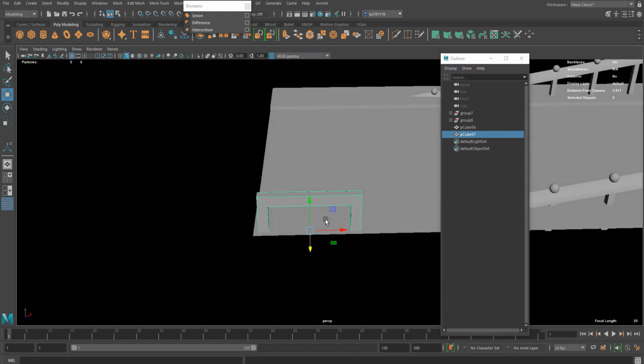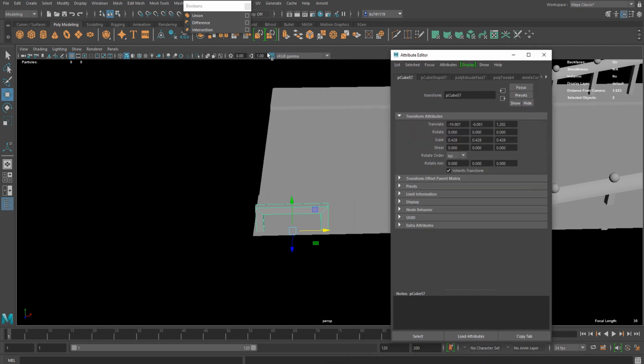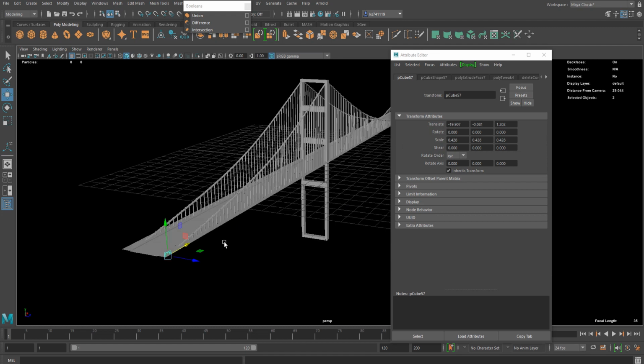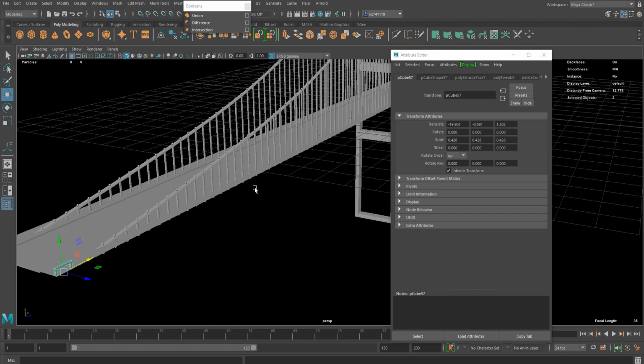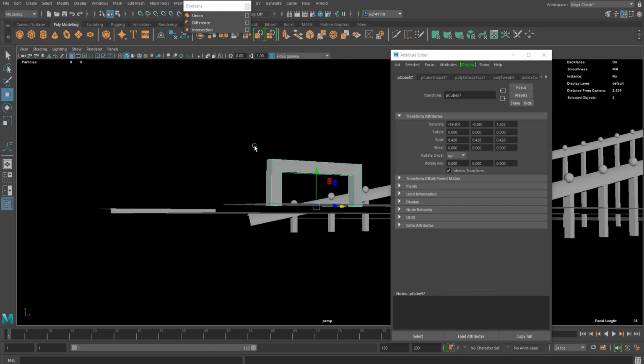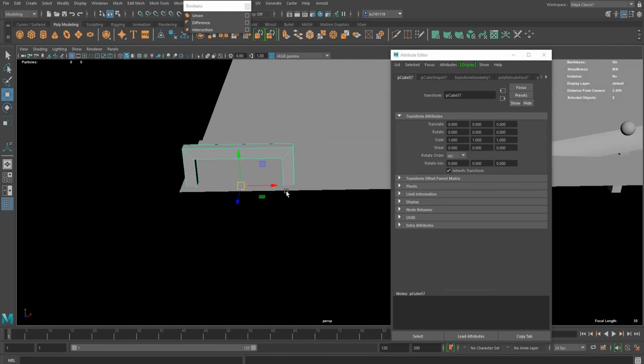Okay. Once you get the right scale, you can actually start duplicating it. But this is a pretty long distance, so you have to duplicate like 100 times, and that takes long and is not a very efficient way to work on it. So what I'm gonna do is freeze transformation and duplicate it one time, and here's how we moved